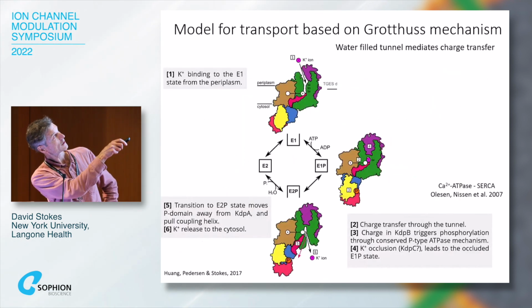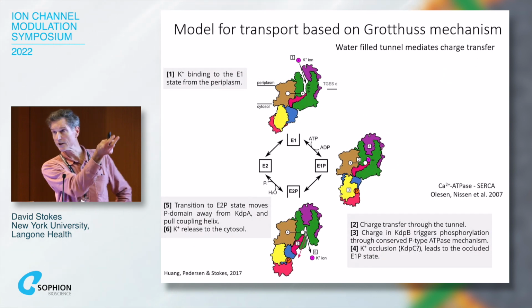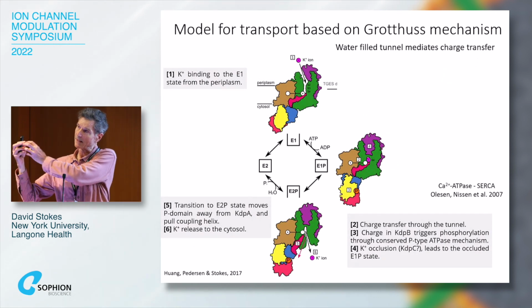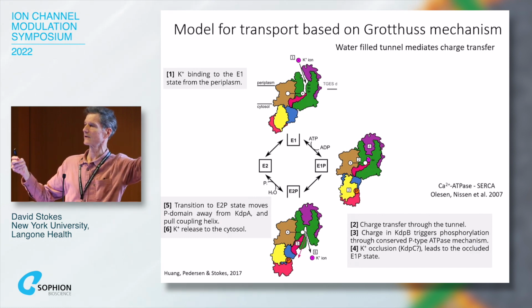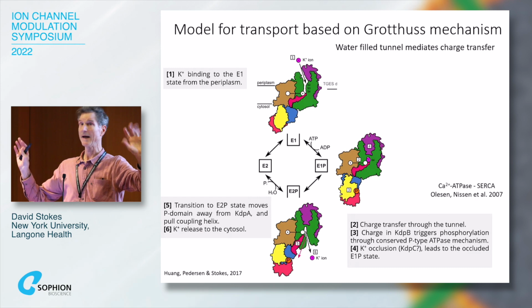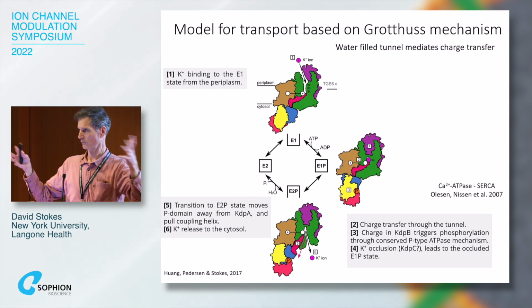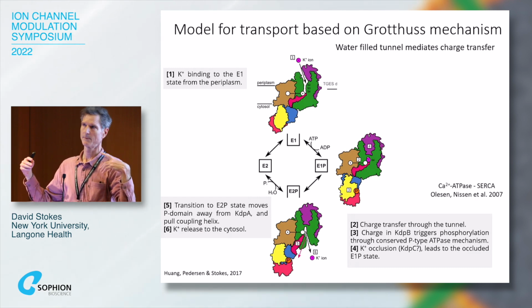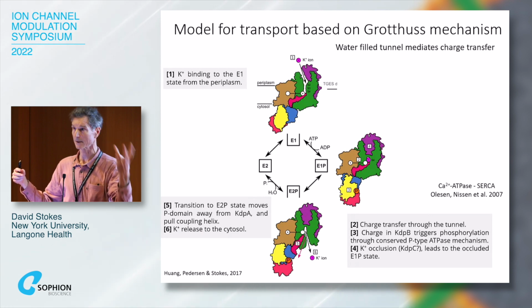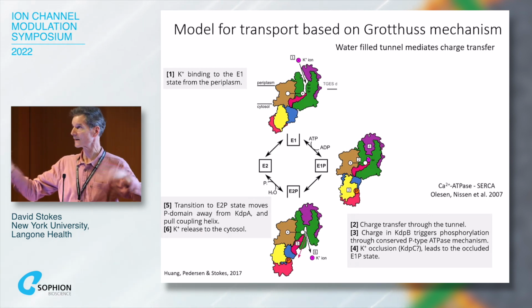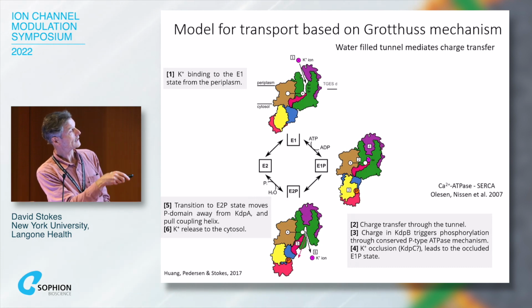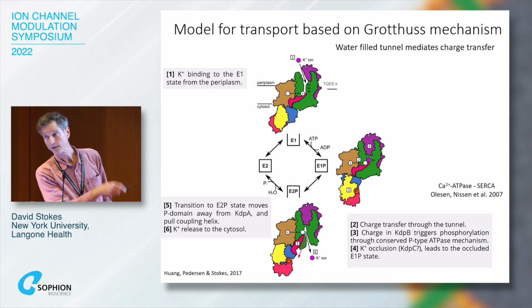So the potassium would come in, it would displace a charge on one end of this water, and then it would be like a wire of protons would hop along the water molecules through the tunnel and appear at the other end. The pump would say, hey, I got a charge here, because that's what it normally does. Charge would normally be a calcium ion or sodium ion or a copper ion, but okay, a proton might be good enough, and then it would do an ATPase activity,